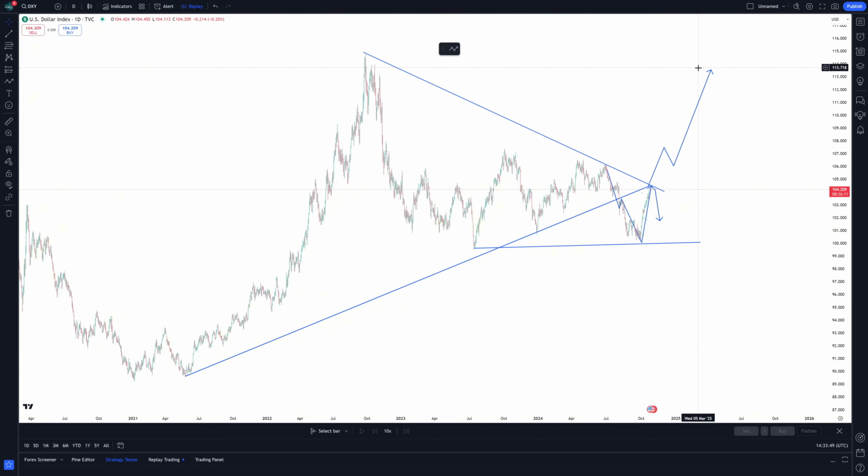But right now, it's decision time for the dollar index. It's decision time for the dollar. And I've told you what our bias is. And let's open up a discussion. You tell me, guys, if you think I'm full of it, that's okay too. But let's start a discussion around it. Tell me, where do you guys see things going? But I'll let you guys know when we enter our trades.